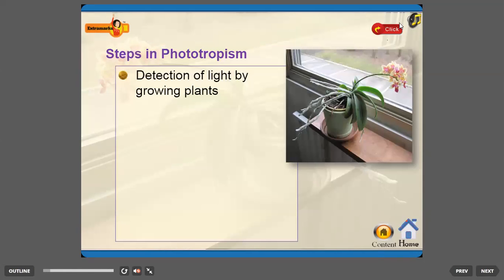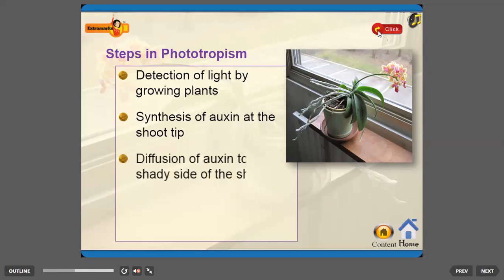Steps in phototropism: detection of light by the growing plant, synthesis of auxin at the shoot tip. ये part अभी छोड़ के रखो क्योंकि auxin हमारा plant hormone है जो हम लोगों ने अभी तक deal नहीं किया है, तो deal करेंगे जब हमारा ideas clear हो जाएगा. Diffusion of